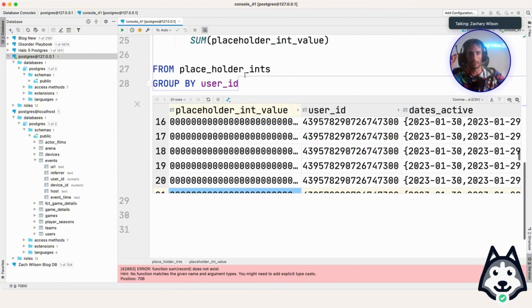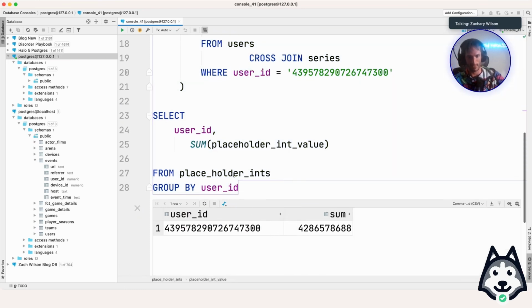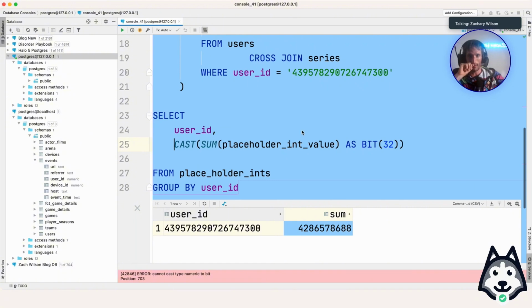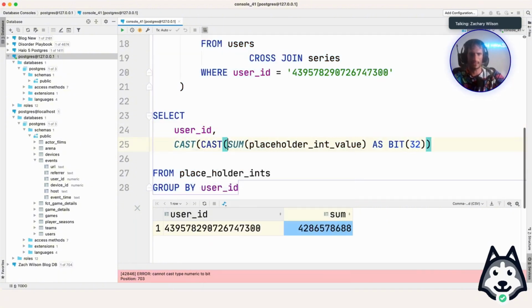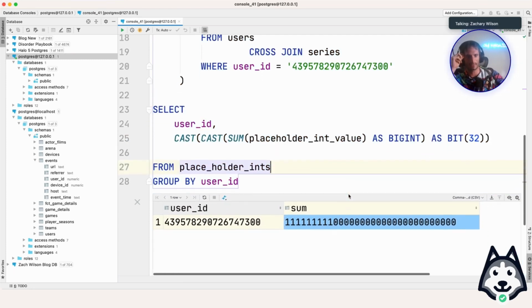And then let me just show you what's going on at this point. Okay, so we have a user and they have this funky sum value, right? And it's like, what does this sum mean? But if we take this and cast as bit 32... oh yeah, this is cast as big int. It really wants me to do this twice. Okay, so you'll see for this user, now we have